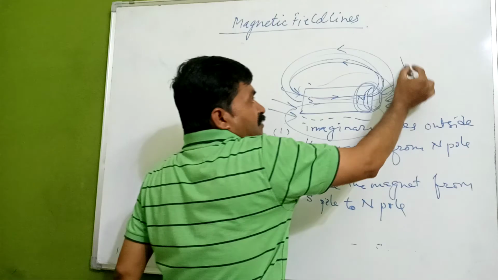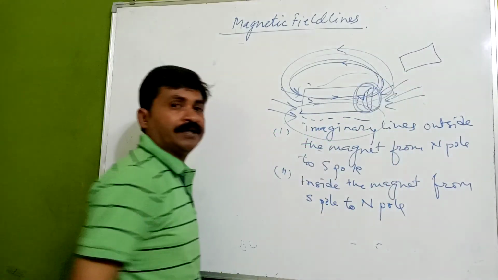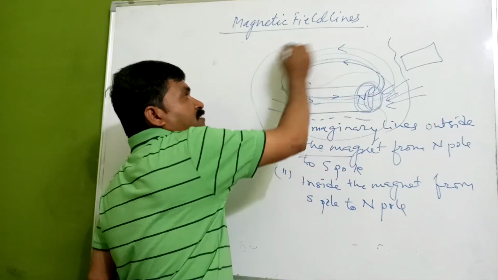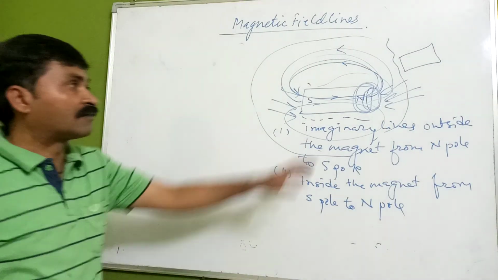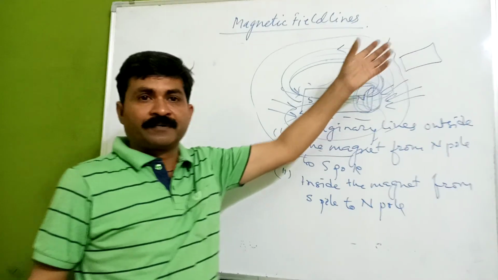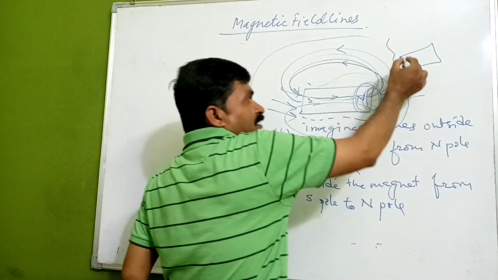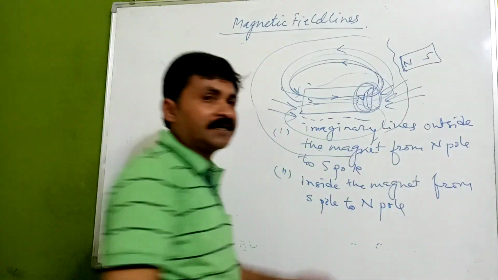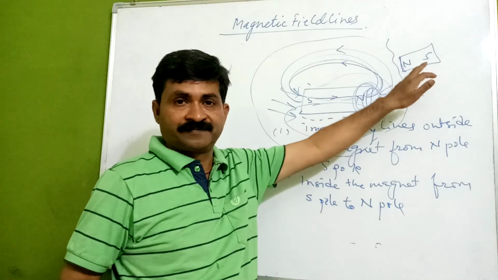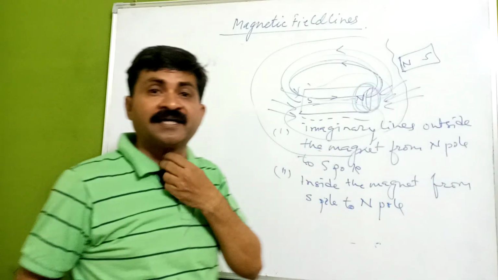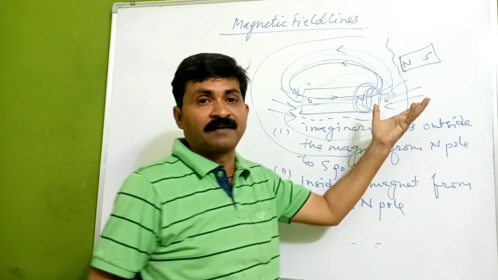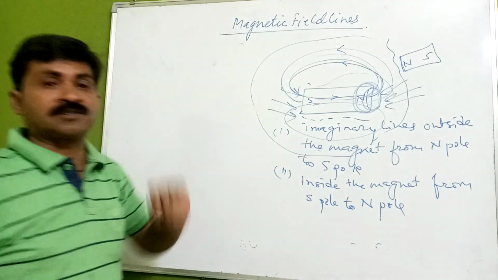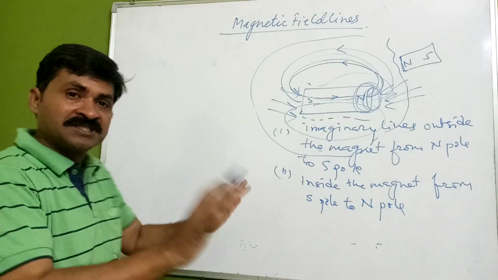If we keep some magnetic material near it, if it is in the field like this, there will be either attraction or repulsion. Okay. So if it is a magnet having a north pole and south pole, definitely it is going to be repelled. But if some material having a magnetic property is kept near it, it will get attracted towards it. It is because of the magnetic field lines, and they are imaginary lines.